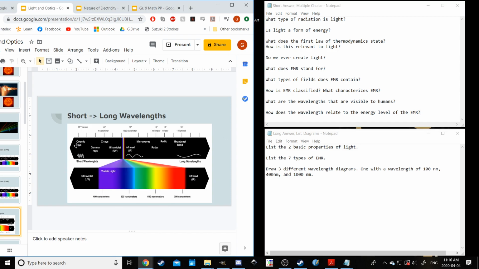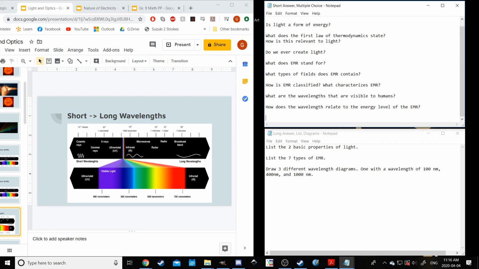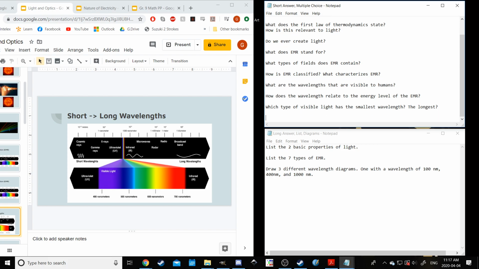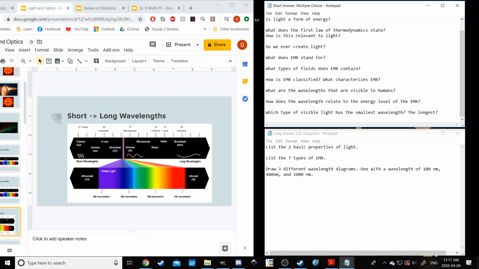Then we discussed a little bit about each type here, and one of the things we talked about in the video was which type of visible light has the smallest wavelength, which has the longest. And then I could also imagine that question being written as